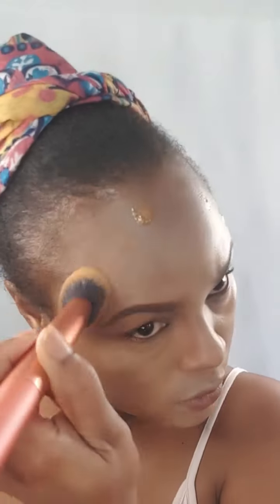And this brush is good for blending, it's good for using any other application like powder, liquid, creams, blush. It's just about for anything that you want to use it for. It's really nice, and the bristles are really dense. I absolutely love it. So now I'm going in with this number 355 coconut shade from Fit Me, Maybelline New York,